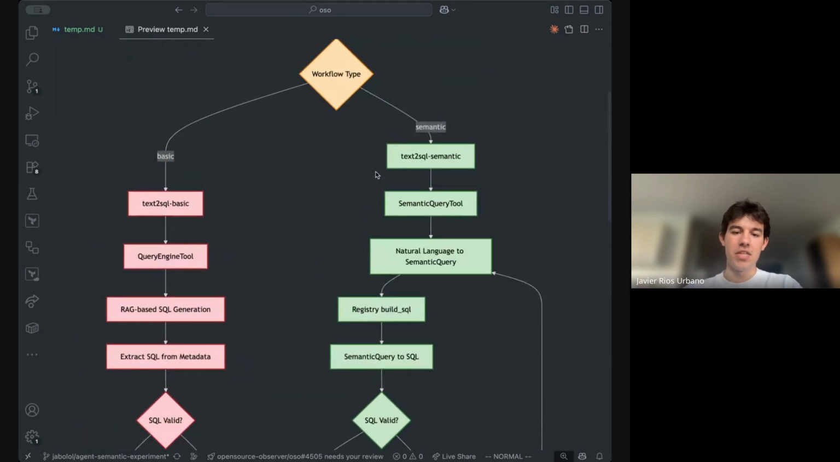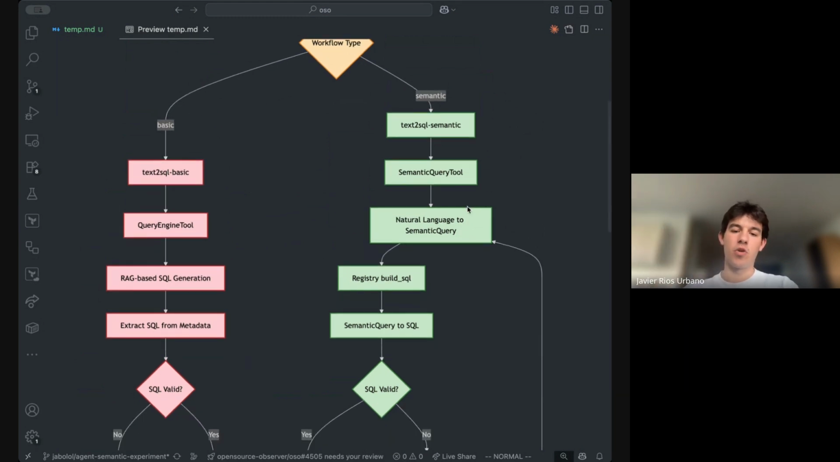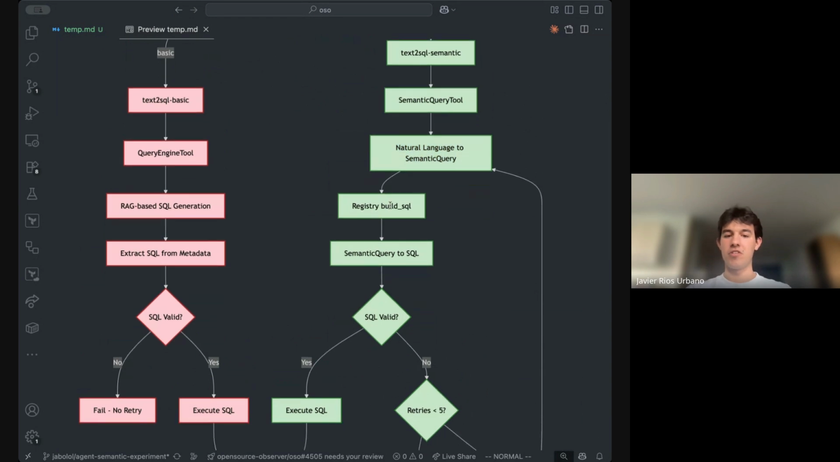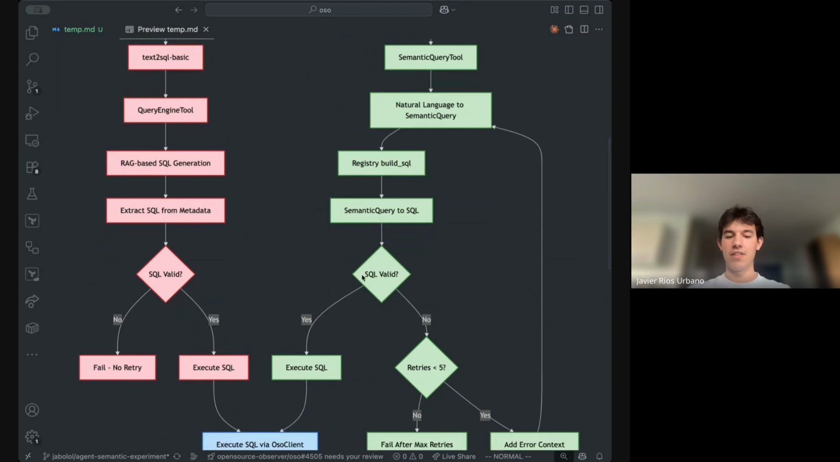The cool thing about this new text-to-SQL semantic approach is that it builds on top of that. First, we have this natural language to semantic query step, which is a tool that shows the agent how to build the semantic layer. It says, I have this problem, try to translate it to the semantic query and give me the specification that I need to run. Once this is done, we use this registry build SQL function to transform that specification from the agent into the SQL. And then if it's valid,